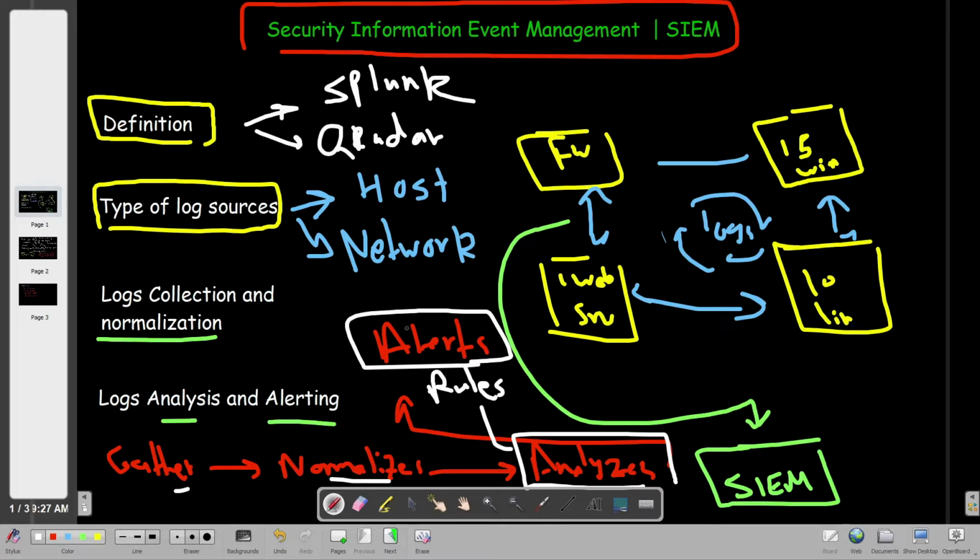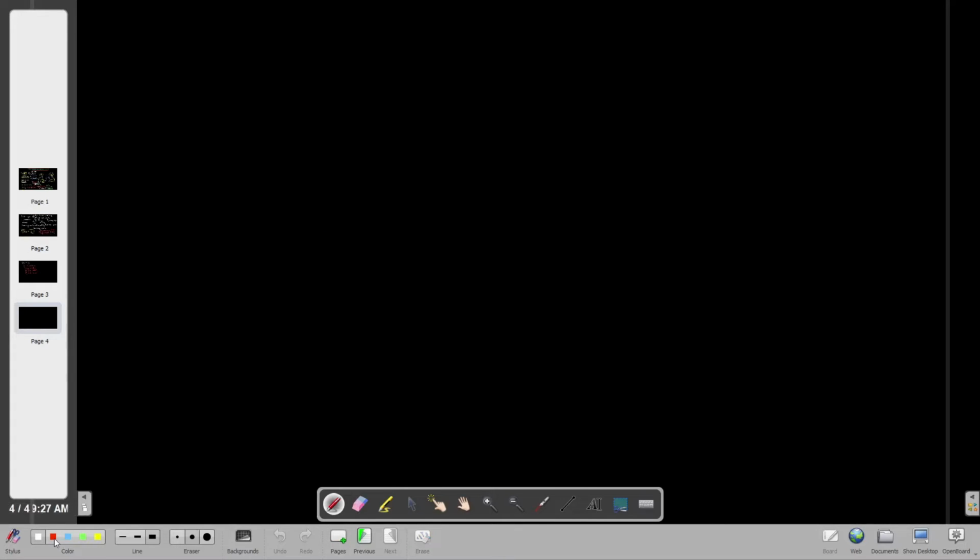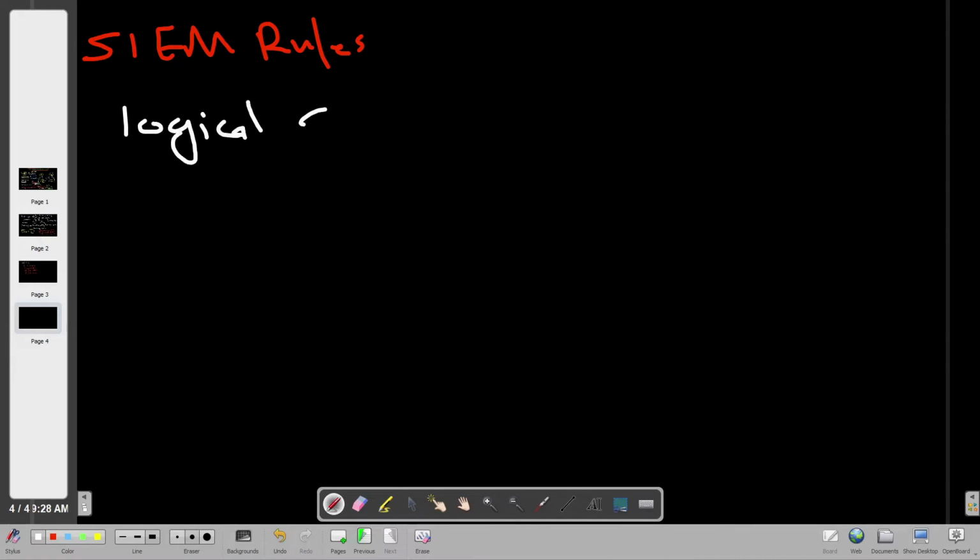So now, having talked about the types of log sources, and about log collection and normalization, let's talk about how the SIEM analyzes and alerts. We gave a hint about something called rules. Let's explain the rules that are configured in the SIEM. So SIEM rules. The first thing, they are logical and conditional,